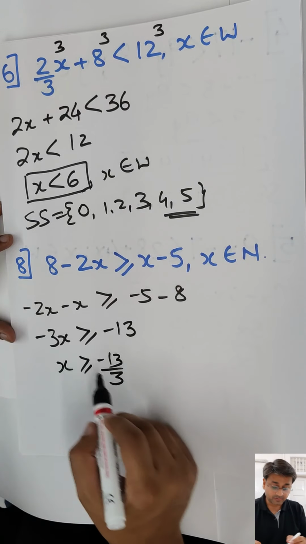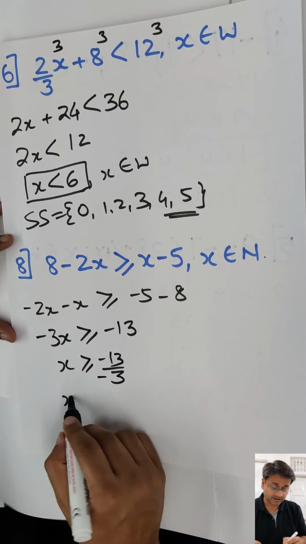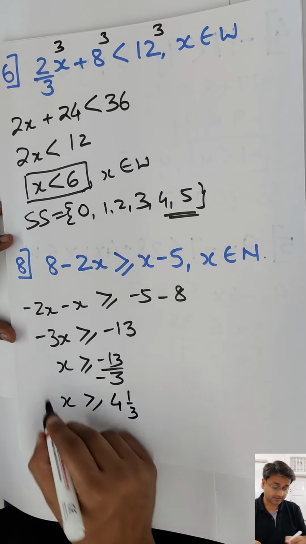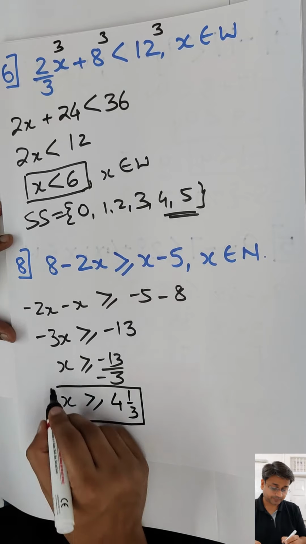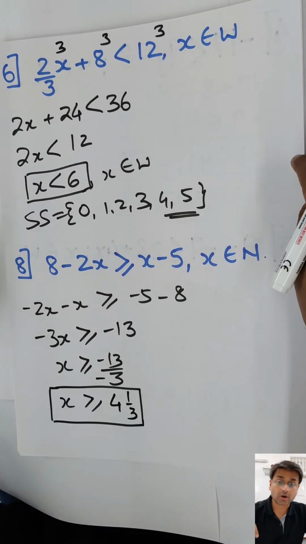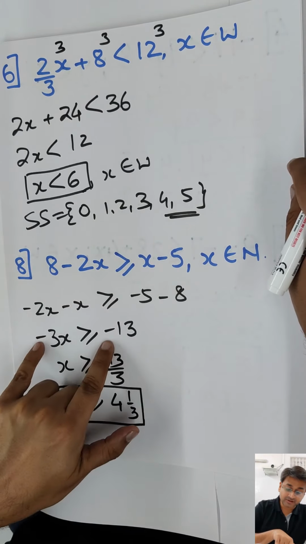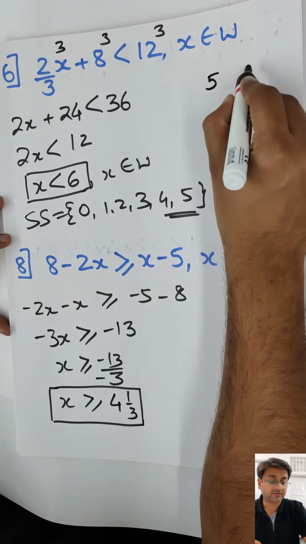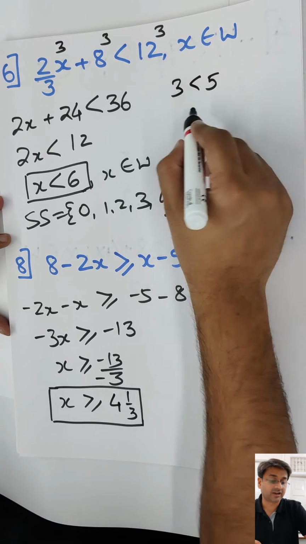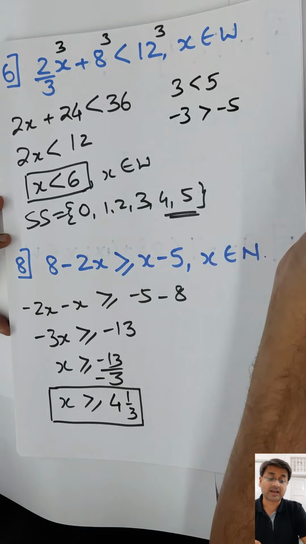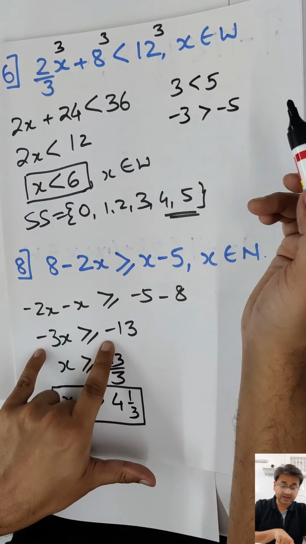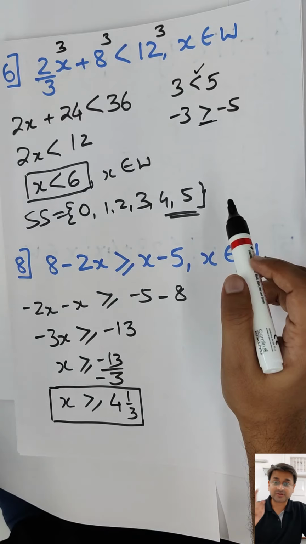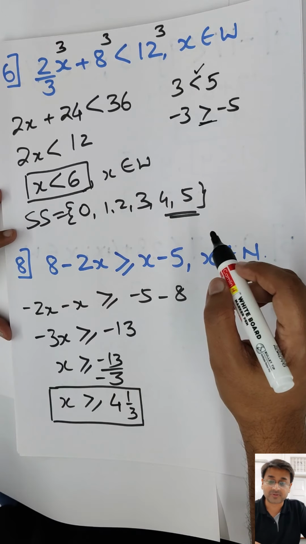Okay, now here people will take minus 3 down and cancel it, alright? So I'll get x greater than 4 1 by 3. How many of you all got this? Yeah, this is wrong. Why? Because if minus is removed, this sign has to flip. You remember the logic I told you. The logic was 5 and 3. Which is bigger? 5. Minus 3, minus 5, minus 3. So when minus moves away, this sign has to flip. You didn't flip it, so it's gone wrong. I told you 95% of people are going to go wrong.